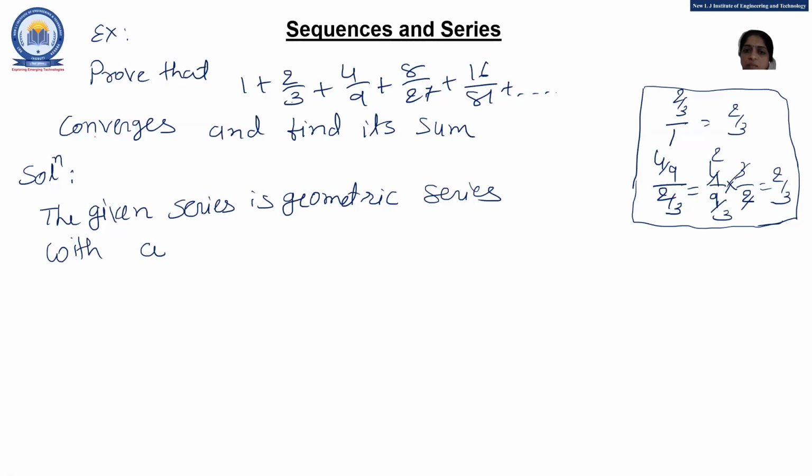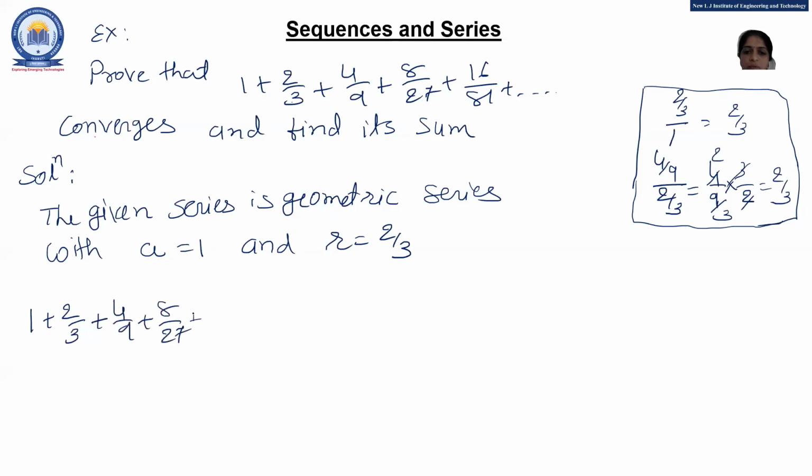What is your first term? a is 1 and r is the ratio. What is r? r is 2 by 3. Okay, it means our given geometric series, that is 1 plus 2 by 3 plus 4 by 9 plus 8 by 27 plus up to so on,